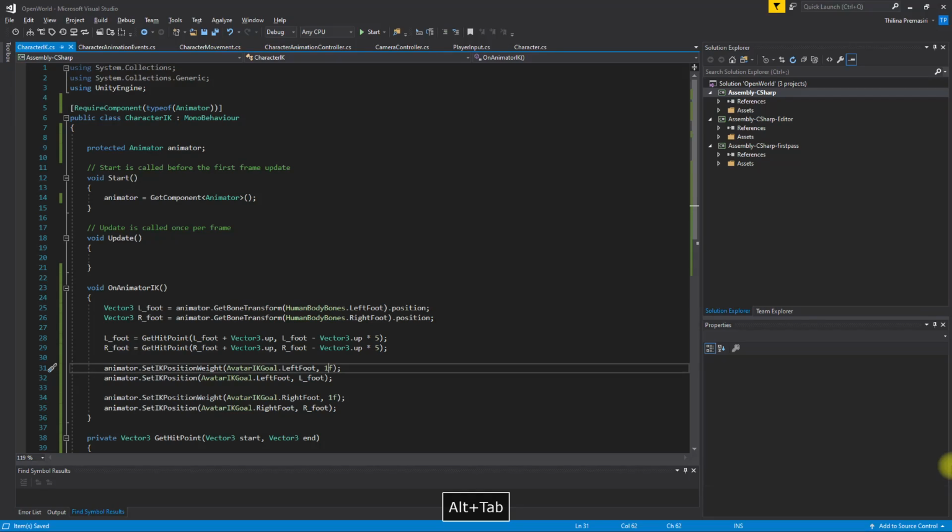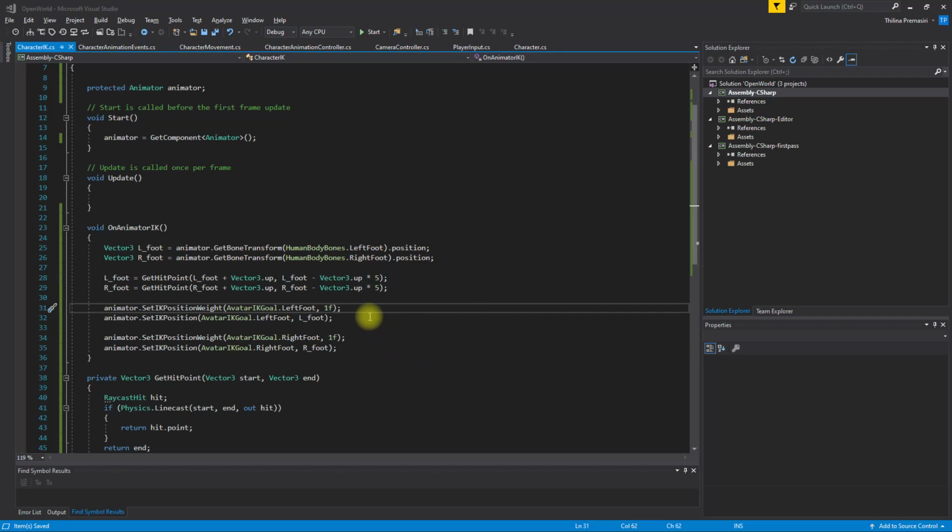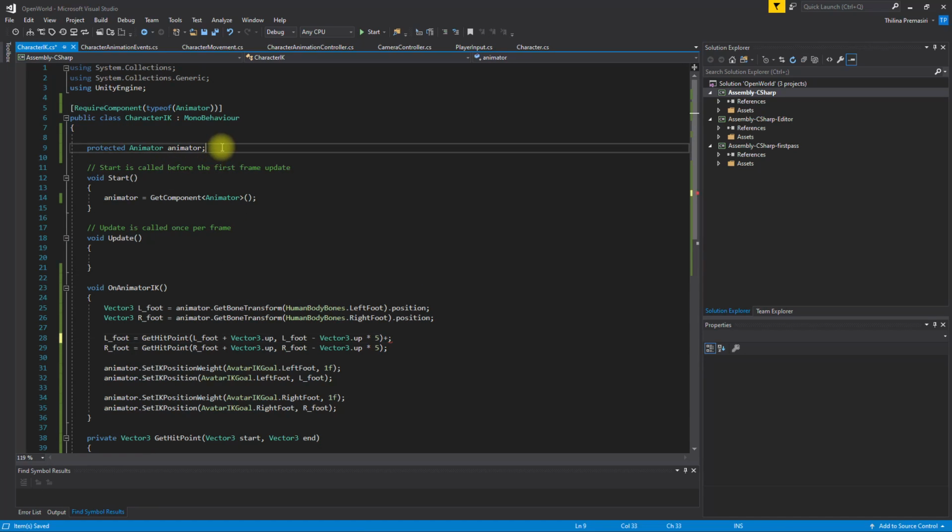Okay, to fix that, let's add an offset like this. L foot, let's set it like this, and then let's add another, yeah, I'll define another variable here,